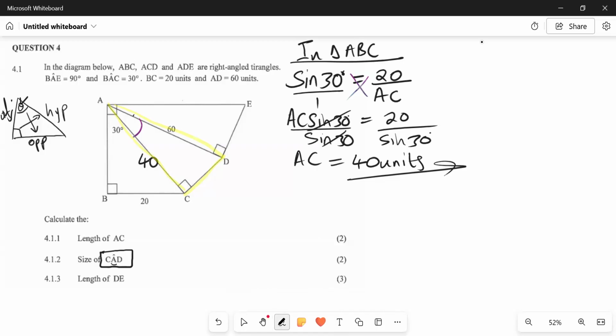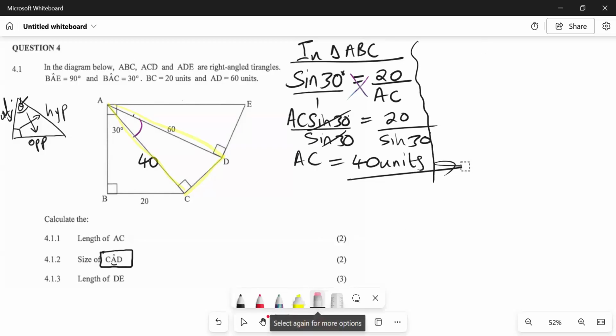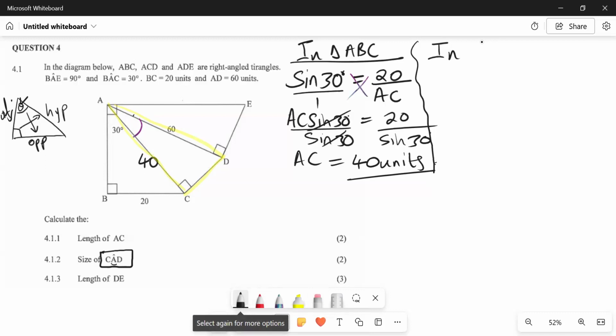So now we are saying, okay, let me do this. In triangle CAD, we have to specify which triangle we are using. That's the first thing. We specify which triangle we are using. So now in triangle CAD,